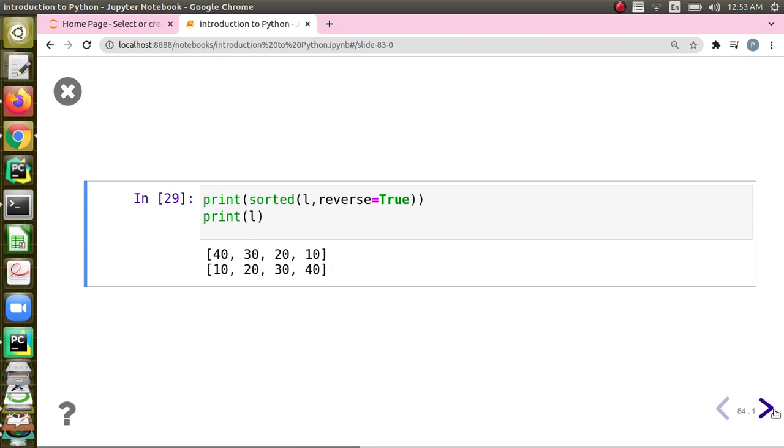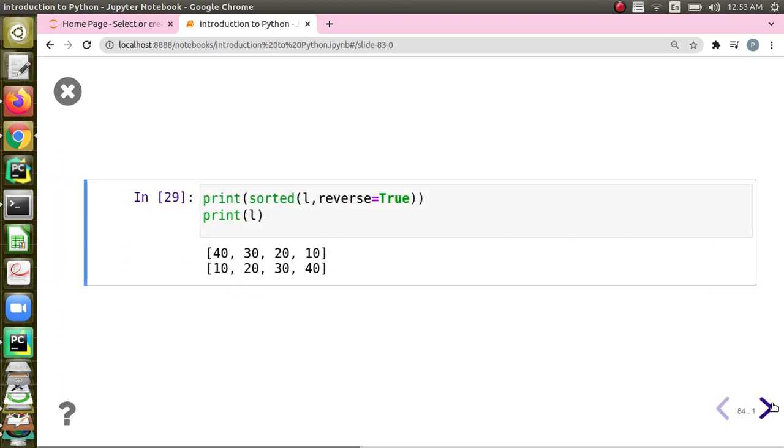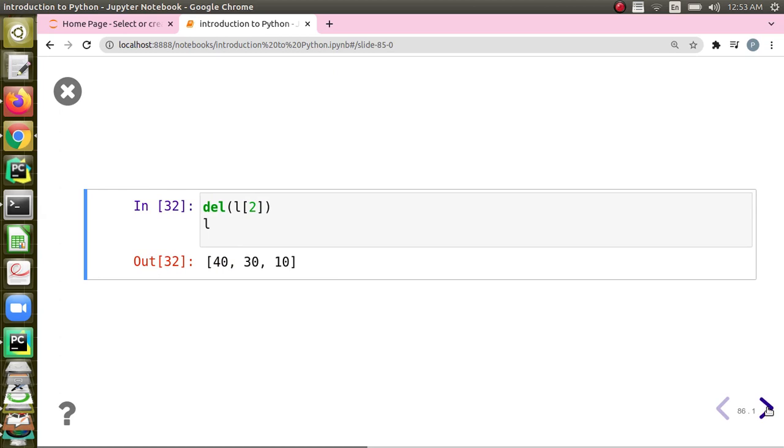But if you call the sort, built-in sort, that is for the list, now I tell L dot sort. See the difference in the usage. Here we have passed L as a parameter, but here we call sort through the list L. And when we tell reverse equal to true, the list by itself is getting changed, and this will not return anything. So you see the return value is printed as None, but the list by itself is getting changed. And if you want to delete an element, then you can tell del of L of 2. So the third element in the list is removed.